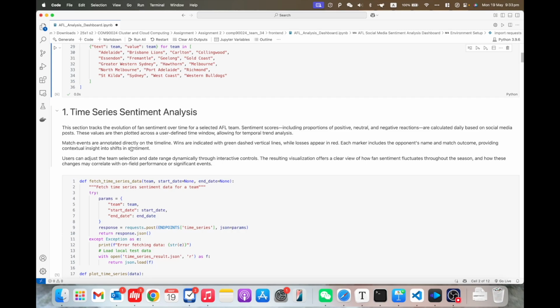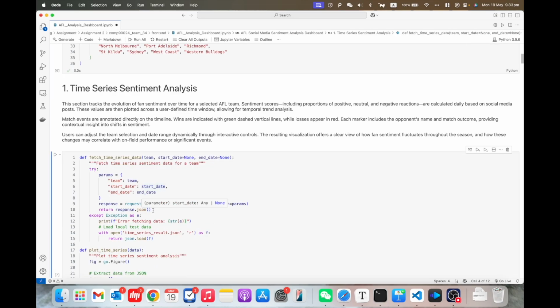So the first feature is time series sentiment analysis. This section tracks the evolution of fan sentiment over time for a selected AFL team. Sentiment scores, including proportions of positive, neutral, and negative reactions, are calculated daily based on social media posts. And these values are then plotted across a user-defined time window, allowing for temporal trend analysis. So let me execute this code cell, and